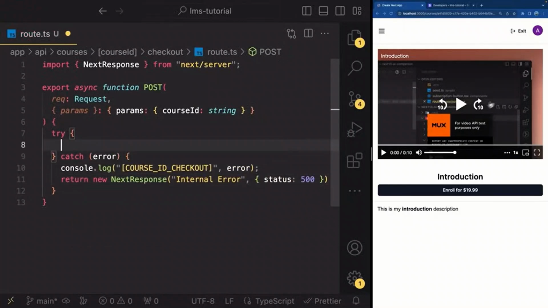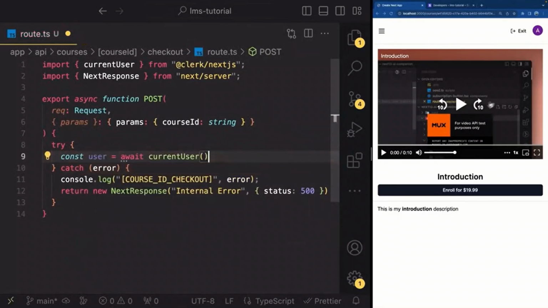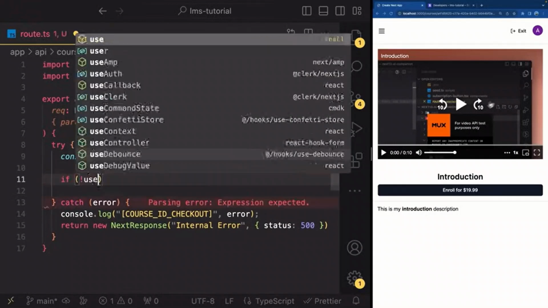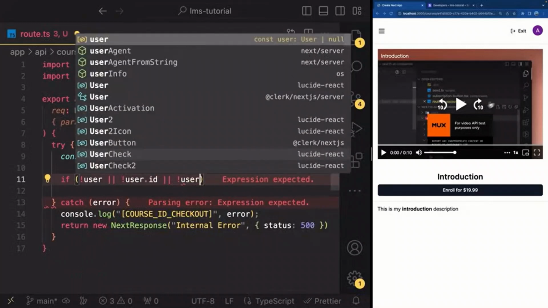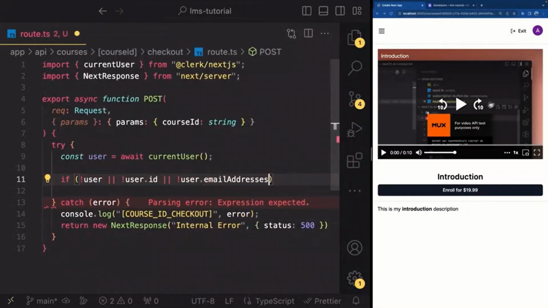Let's go inside of the try block. The first thing I want to do is fetch the entire user, so I'm going to use await currentUser from clerk/nextjs. Now let's write if there is no user, or if there is no user ID, or if there is no user.emailAddresses